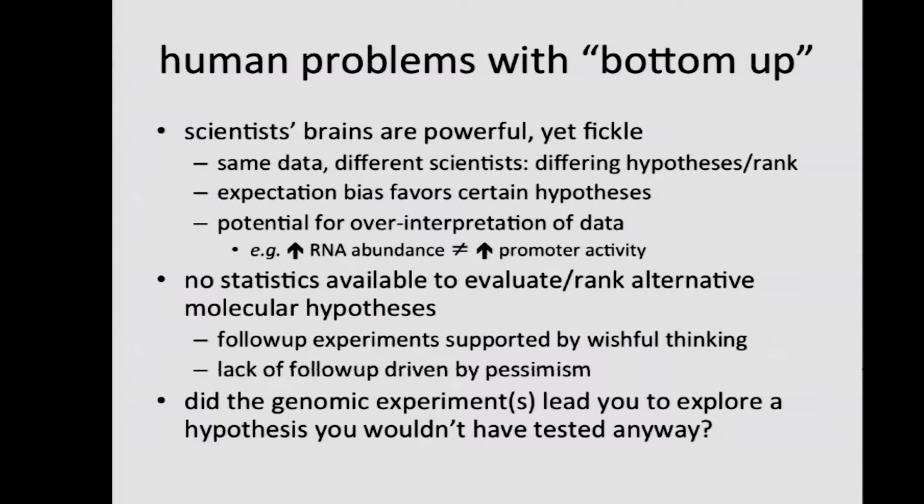So those were the numerical problems with the bottom-up approach. Then there's the human problems, the sort of arbitrary fickleness of any given scientist with a set of data, right? And this is actually one of the projects. We're going to give the same data to a couple of different people. They're going to use a couple of different pathway tools, and we're going to see what they come up with. We're going to see what they actually say they think is going on. And there's going to be different interpretations, right? Or even if there's the same sort of hypotheses that come out of it, they might be given different strengths